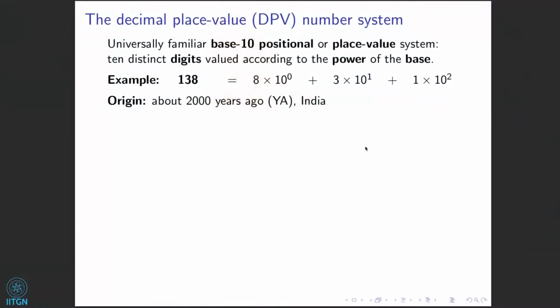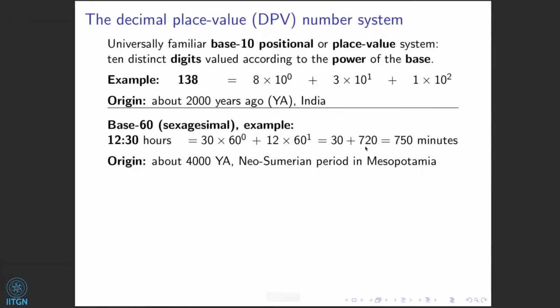Now, just to give ourselves a framework to look at this development, let's also note that there are many other types of number systems that use this same positional principle, although with a different numerical base. And of course, there are many number systems that also use a decimal base, but not the positional principle. The most familiar example of a positional system with a different base is, of course, the so-called sexagesimal system, or base 60, which you see